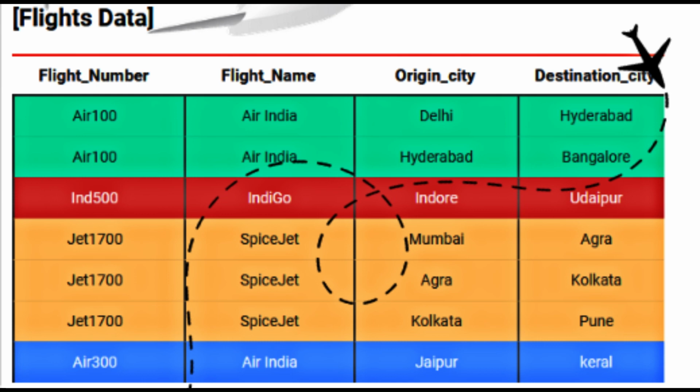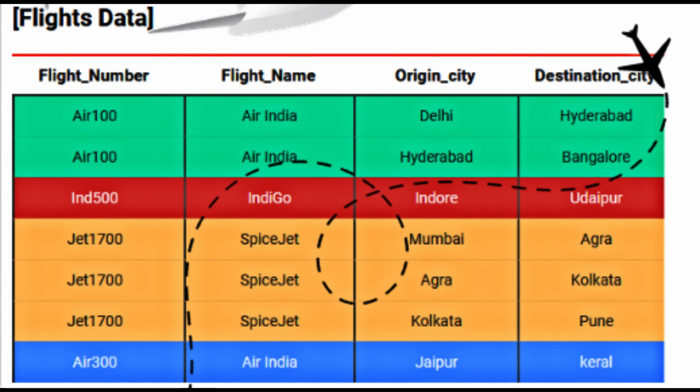Today we are going to check a very interesting question where we are asked to find the origin point and destination point of a flight. As you can see from the given image, we have multiple flights running in different cities, and we have to find the starting point and destination point of every flight. So from which point that flight started and what was the ending point of that particular flight.